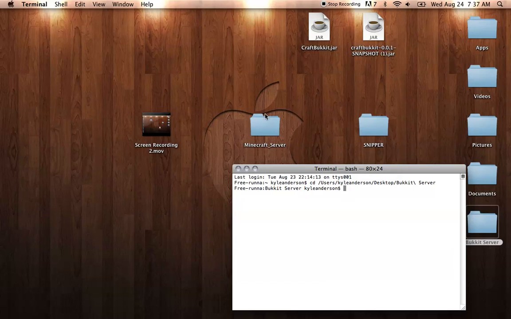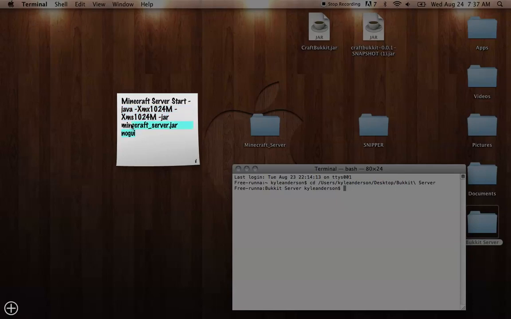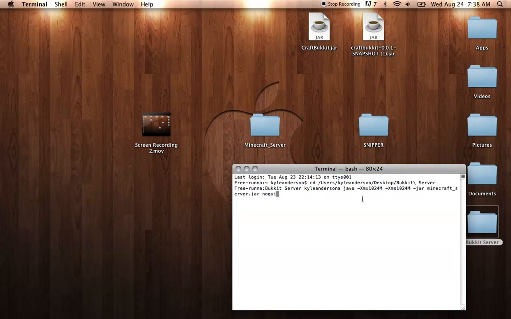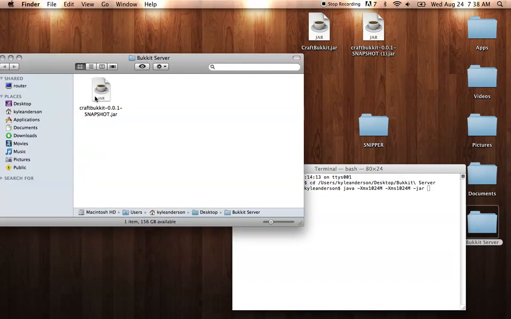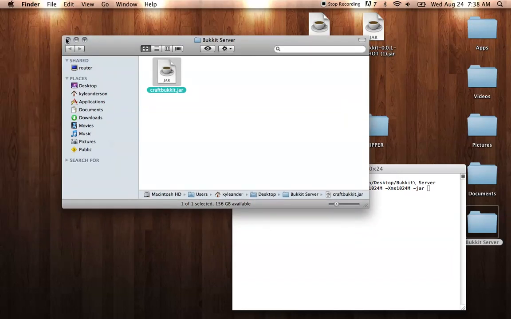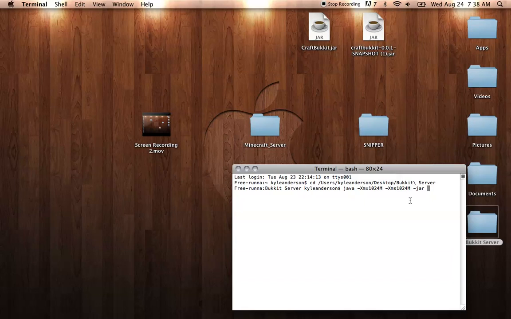And then you need to get this code, and I'll give it to you guys. This code is just off the Minecraft website, and you want to take that into there, and then you want to come back and type in, actually you need to rename this craftbukkit snapshot, and you want to rename it just craftbukkit, which is just going to make it easier for us. Okay, and then you want to type craftbukkit.jar, and then space, nogui. You want to hit enter,